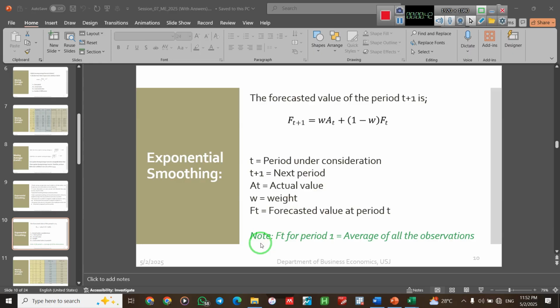And there is another special note that you need to remember: the forecasted value for period 1 is equal to the average of all the observations, right? So for the first period, the forecasted value is the average value of all the observations. The forecasted value for the first quarter or the first period is the average value of all the observations, right? So if I move to my Excel sheet,